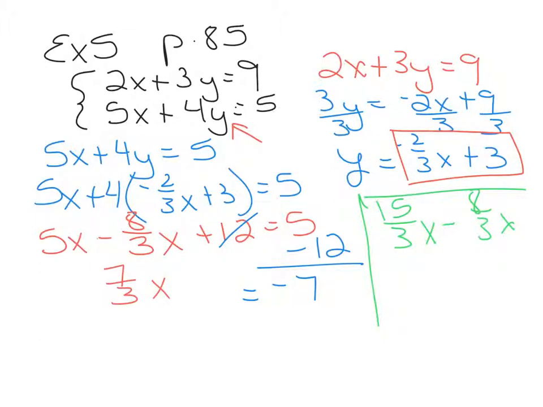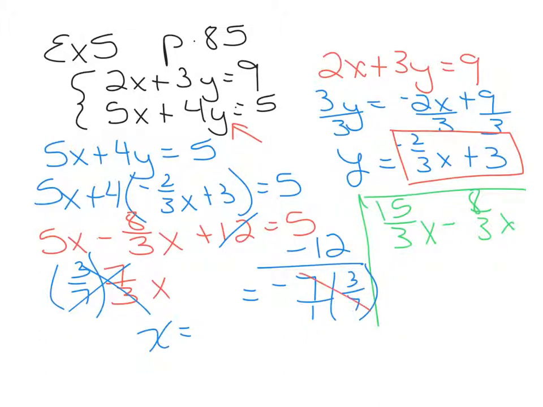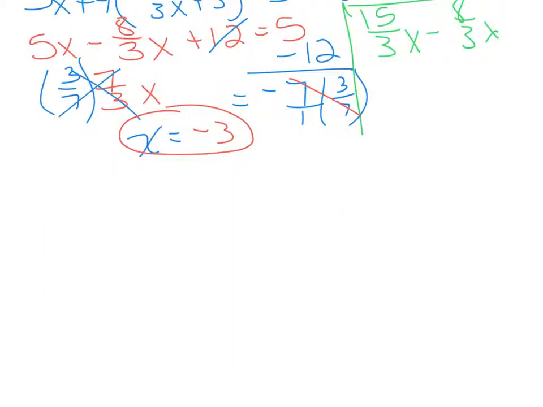Now, still trying to isolate this x here, we need to multiply this fraction times its reciprocal, which is 3 over 7. Same thing to both sides. So we're going to multiply this times 3 over 7. I'm going to put a 1 under there. These all cancel just to make x. Over here, the 7's cancel, and I end up with negative 3. So that's part of my solution, x equals negative 3. So already I can tell that there's one solution. That means the lines intersect